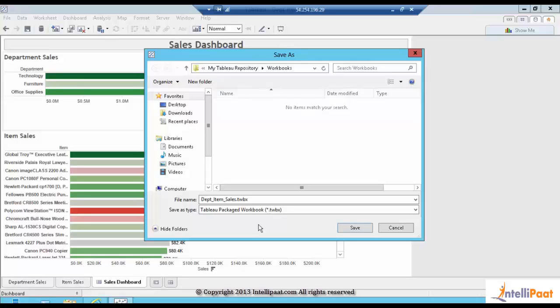If they are not using the server, they can email this workbook to the users, a packaged workbook, which can be opened, viewed and interacted with using the Tableau Reader. And the Tableau Reader is free software available from Tableau, right? So this is one way of sharing your work with the business users. You can always have a Tableau packaged workbook created and then send it across